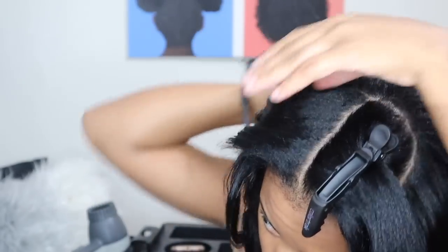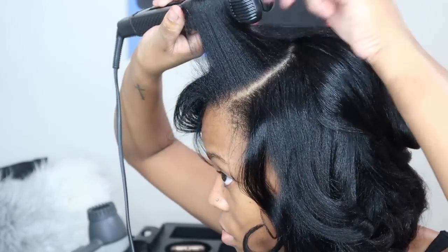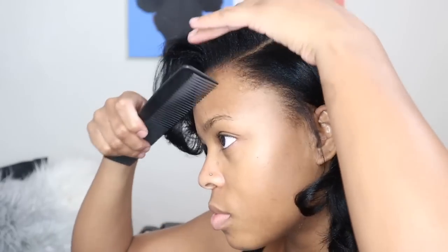I wish I could pinpoint what caused my breakage, but I feel like it was a combination of things, from that red color drying my hair out, to this Olaplex treatment sitting in my hair overnight without a cap on it. I don't really know what exactly it was, but at the end of the day, strength over length. Like I said, I love my new